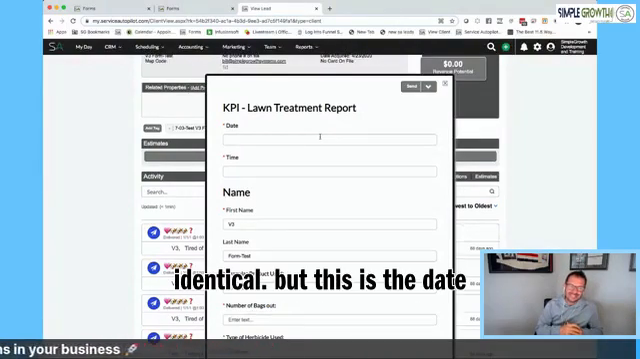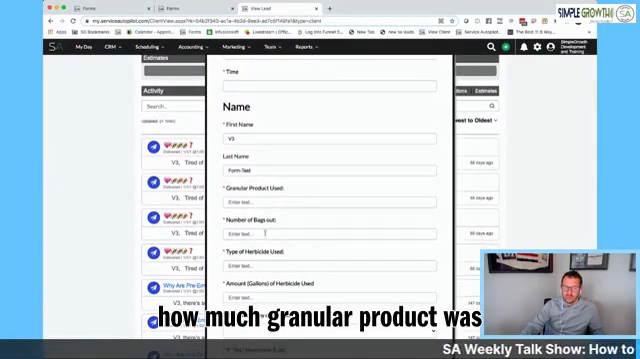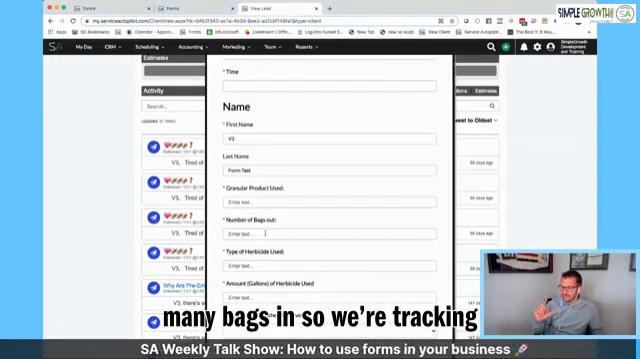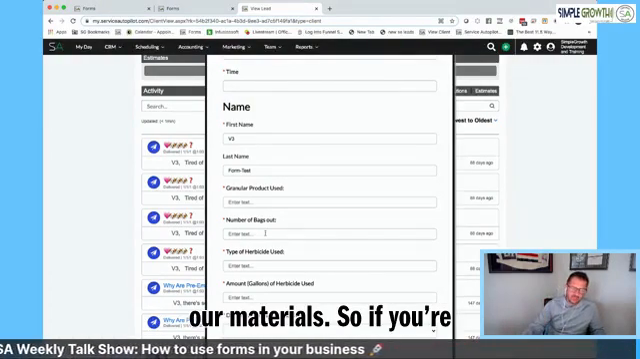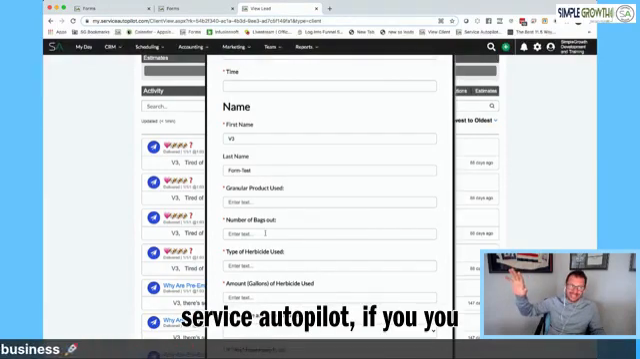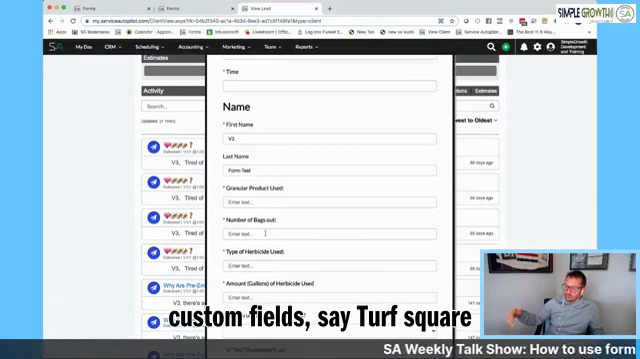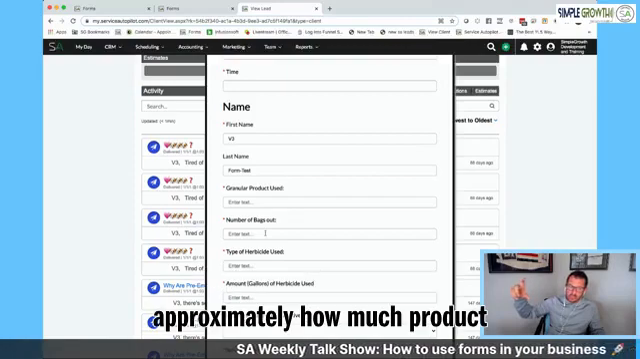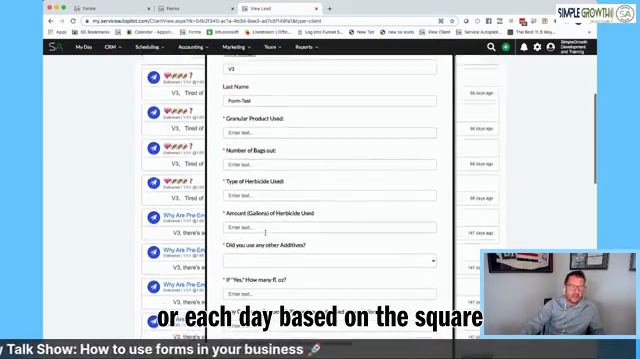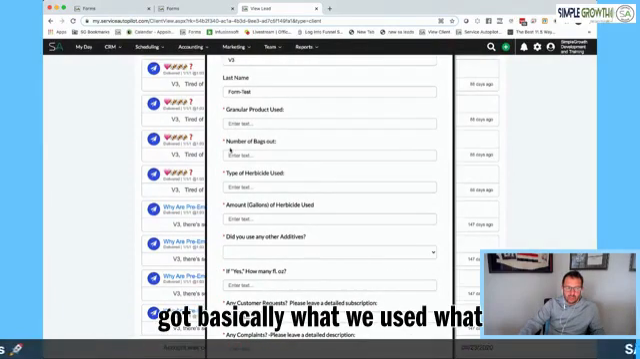Depending on the industry, these will play almost identical. But this is the date and time. Name. We want to know how much granular product was used, number of bags out, and we're going to want to know how many bags in. So we're tracking our materials. So if you're using the closeout day screen or dispatch board inside Service Autopilot, if you go onto the right-hand side of columns, we can pull down custom fields, say turf square footage, and we can see approximately how much product we need based on each round or each day based on the square footage. Number of bags out, granular products used. So we've got basically what was used, what came out,